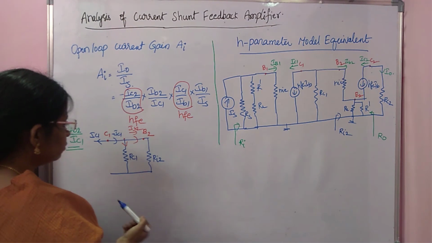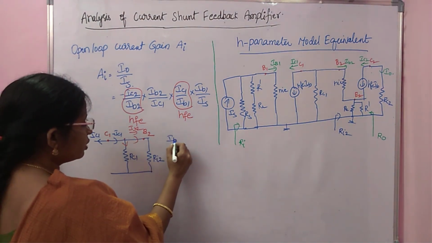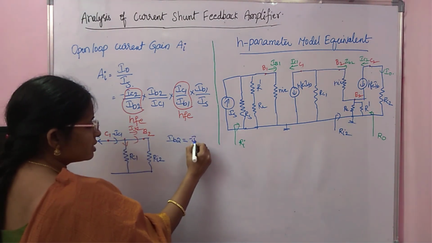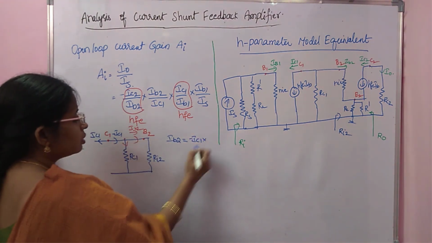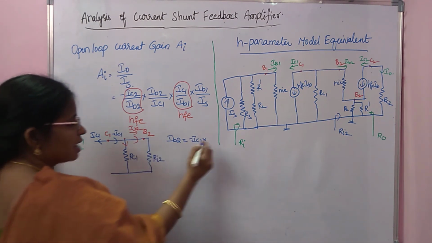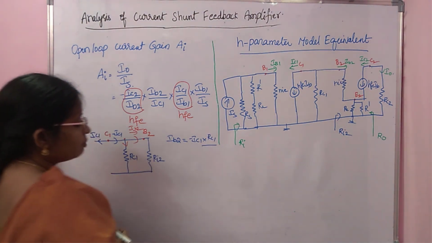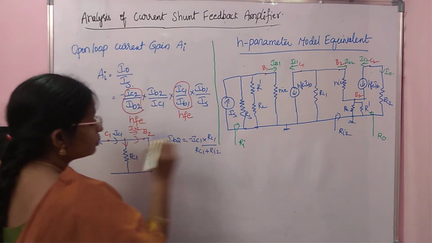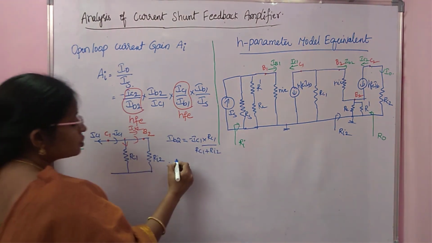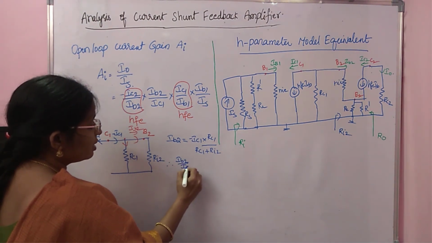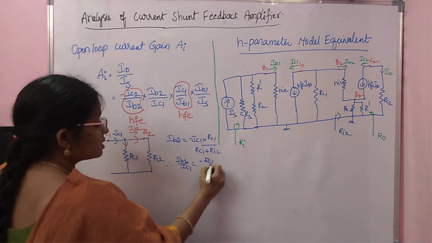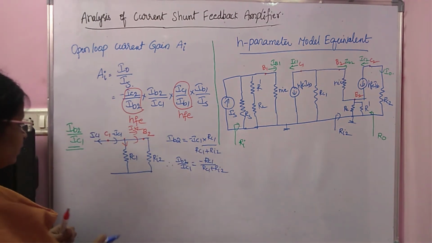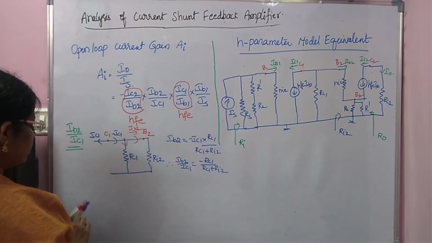So what is IB2? Your IB2 is the total current coming to this node, minus IC1, into the opposite resistance, RC1, divided by the sum of two resistances, RC1 plus RI2. Therefore, your IB2 by IC1 is minus RC1 by RC1 plus RI2. Okay, that. Next we must find,